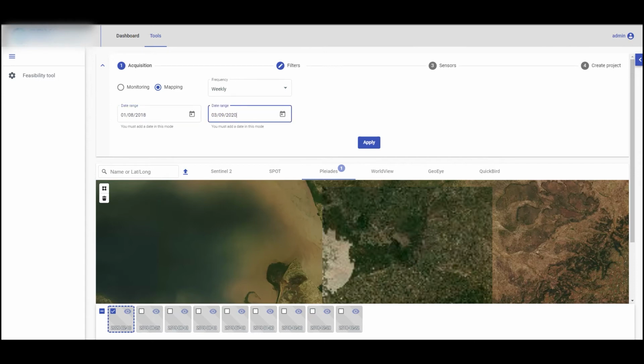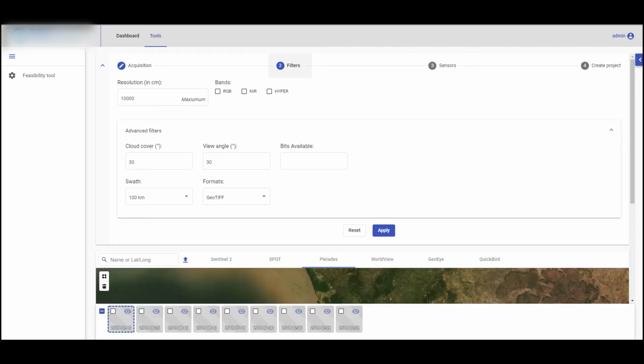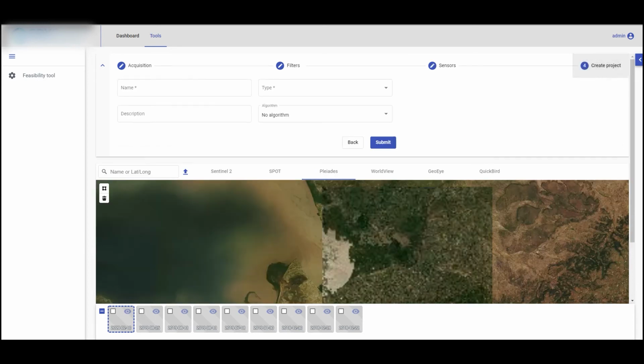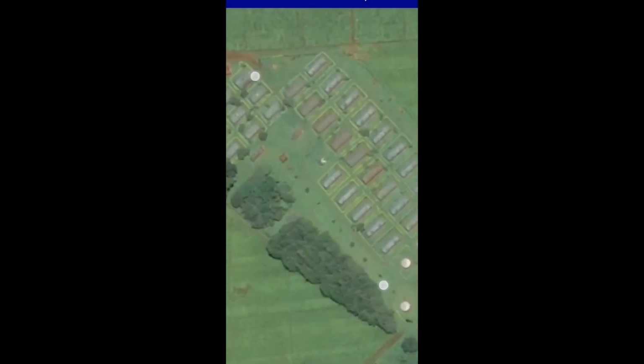Then in our wizard, for each crop and structures, we will set the parameters for the frequency and the time period matching the growing season and estimate the usage for such projects in megabytes as we collect imagery. Then we create a project with all our AOIs and process on the cloud the tilings, so make it accessible in XYZ format for the annotation and keep some metadata on timing and location, some additional parameters that would allow them to navigate and detect the crops and structures with multispectral band infrared as we go into a further identification